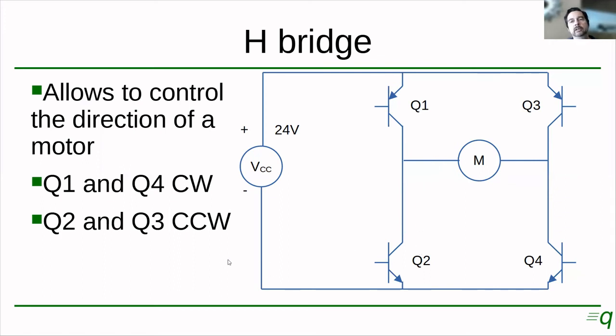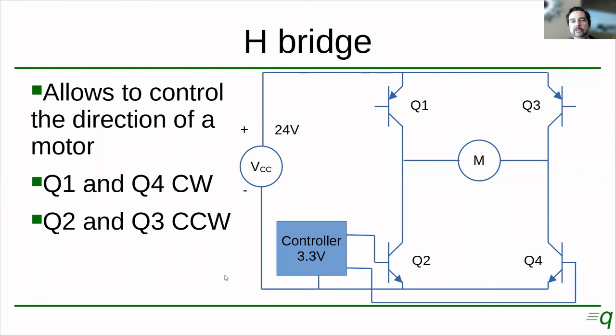All right. So how do we control these transistors? Well, we will have some kind of controller, some kind of device that's going to be the brains of the system, if you want. That's going to be controlling the base of Q2 and the base of Q4. Okay, so if we want to turn clockwise, the controller will turn on Q4. Okay, now we still have to turn on Q1. And how do we do that? Well,